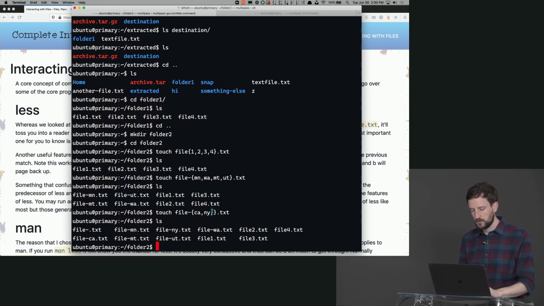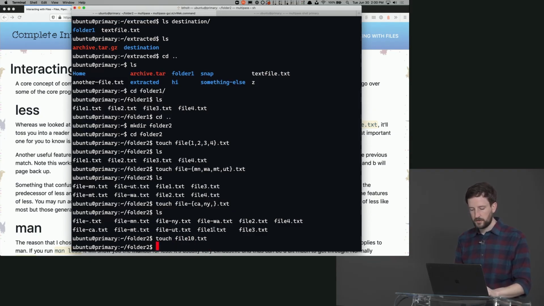Okay. So that's expansion, or at least that's basic expansion for right now. Let's put another one in here. I'm going to put file10.txt. Let's say I wanted to find all of the files in here that didn't have the dash in here, that were just the numbers. I could say,